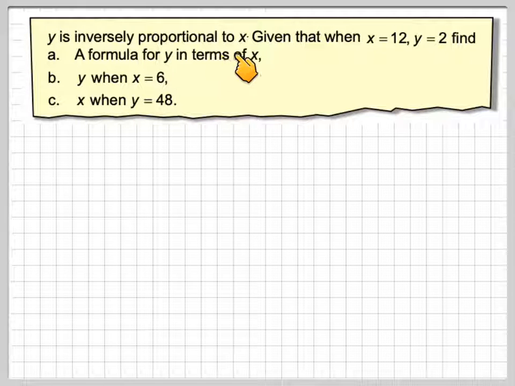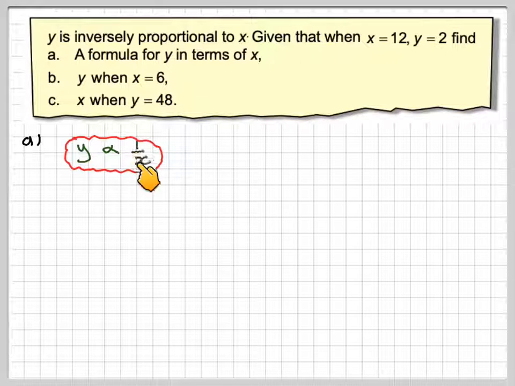y is inversely proportional to x, given that when x is 12, y is 2. Find a formula for y in terms of x, y when x is equal to 6, and x when y is equal to 48. So A, y is proportional to 1 over x, because it's inversely proportional. So y is proportional to 1 over x, which